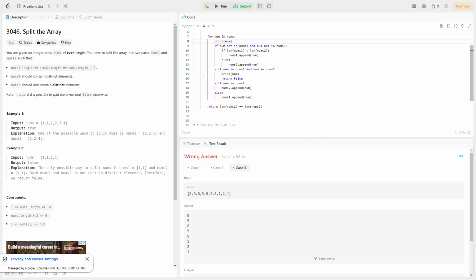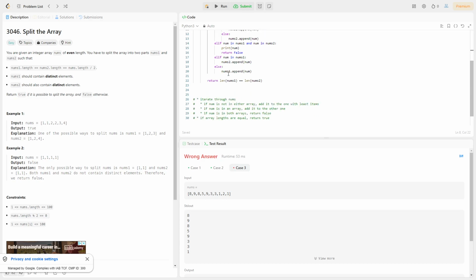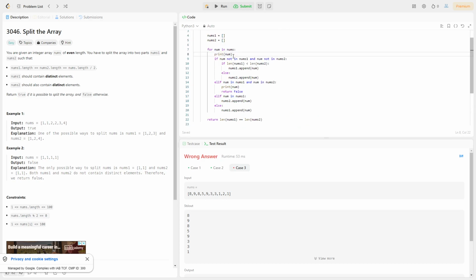It's not in nums1 and it's not in nums2. Length of nums1 is not less than nums2. So it puts it in nums2. Okay. Then the next number comes in, it's not in either, puts it in nums1,